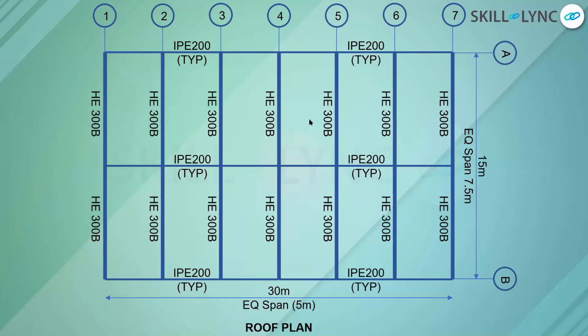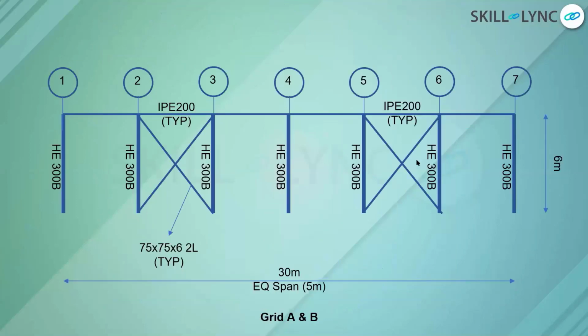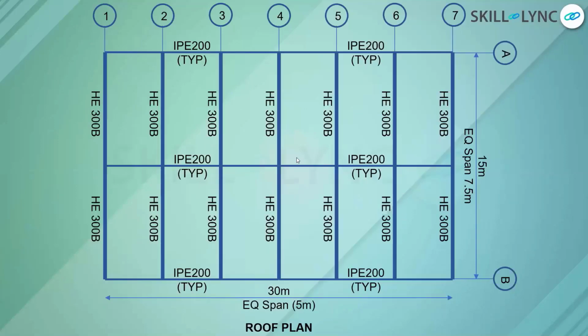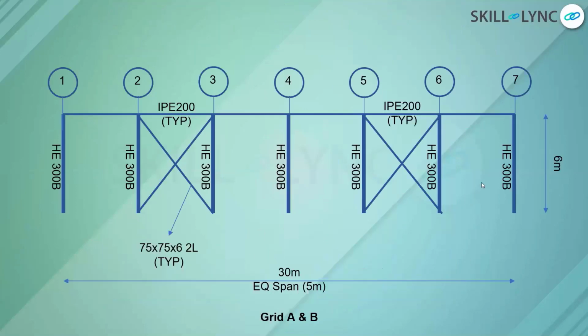For this project, I have used the European table. When I go to STAAD, I will explain the different types of tables that are used. This is an in-house project that we are working on, so that's why I've used it to explain. If you see the side elevation of this building along grid A or B, you can see the columns at grids 1 to 7, and the height of the building is 6 meters, with the columns placed at a span of 5 meters.